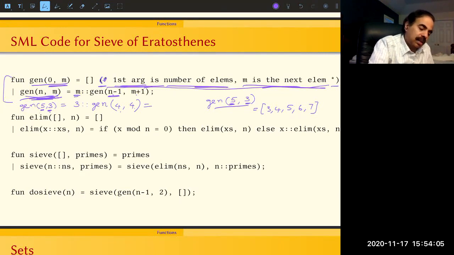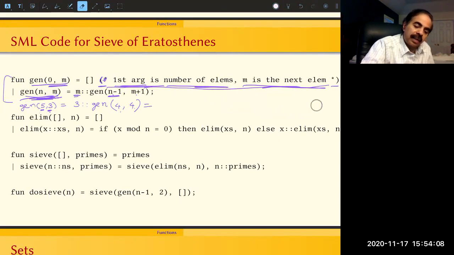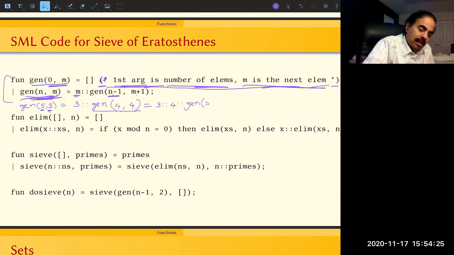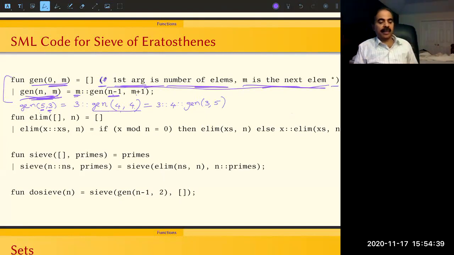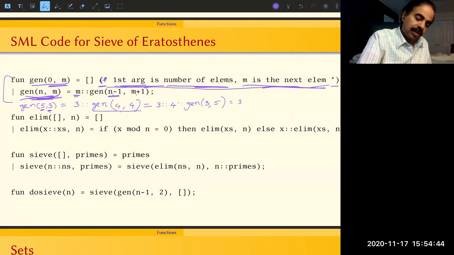Let me just erase this so I have enough space. So this is going to become, the 3 will continue to be there, and this gen is going to become 4 followed by gen of... There are 3 more elements left, and 5 is the next number to generate. So this will become